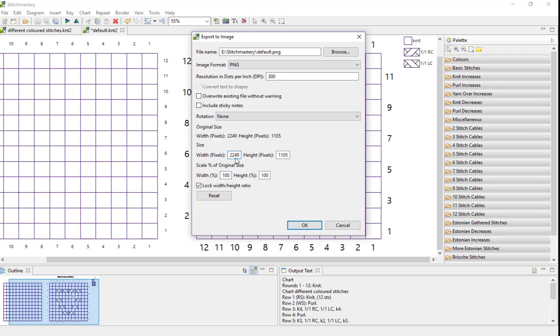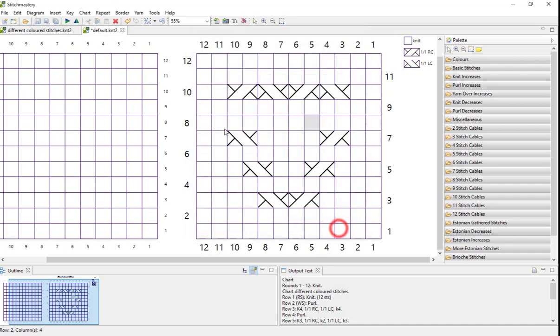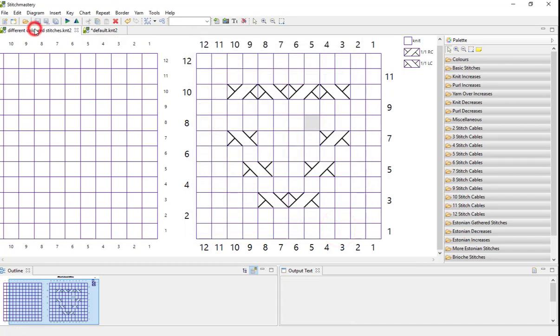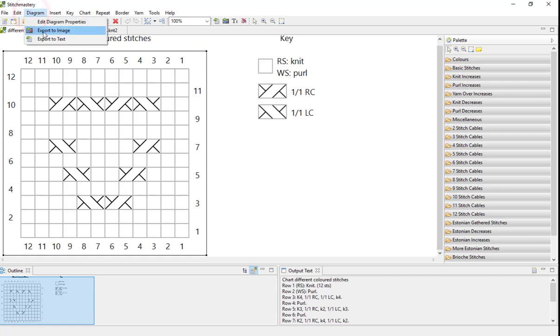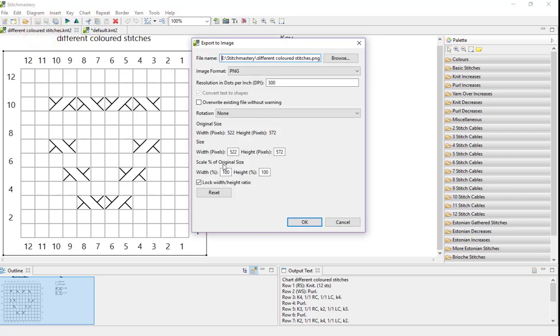So this larger chart with the larger cells, we've got the width at 2249 pixels. And just to compare, if we come back to the original chart diagram and export to image, the width is 522 pixels wide, so quite a considerable difference in size for the chart.